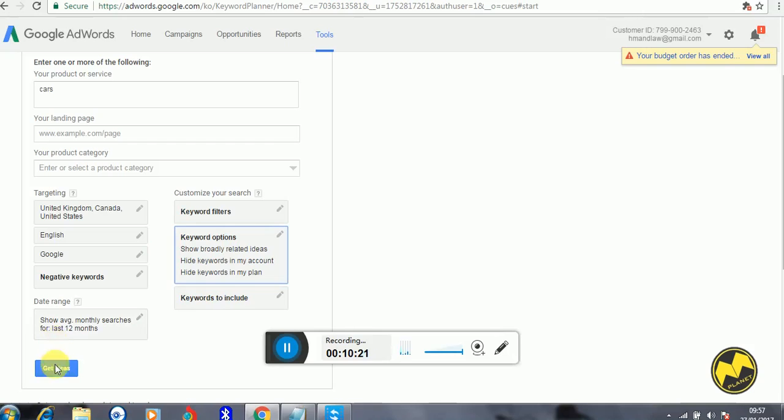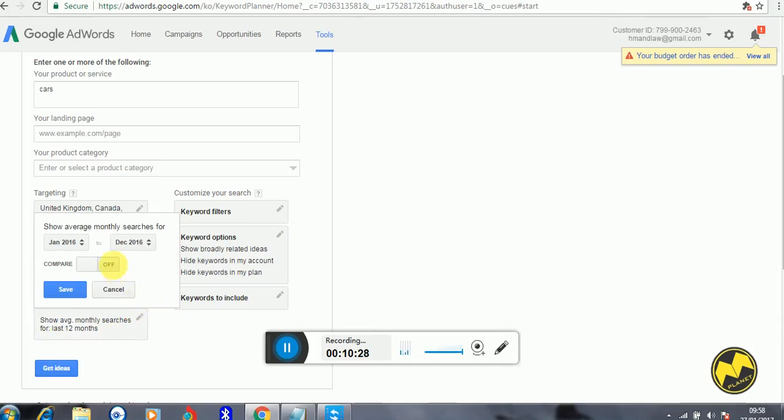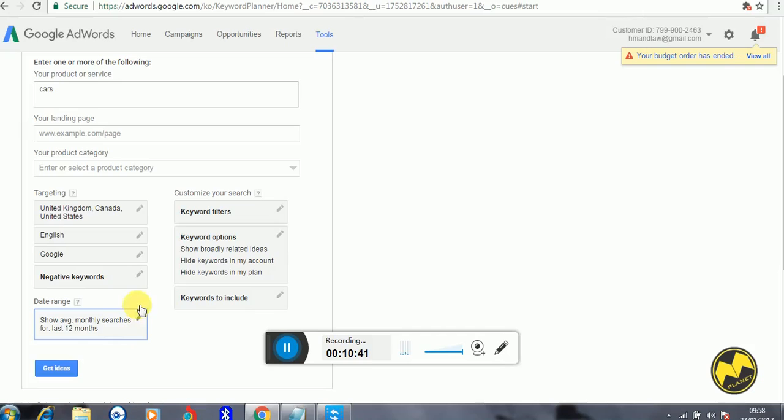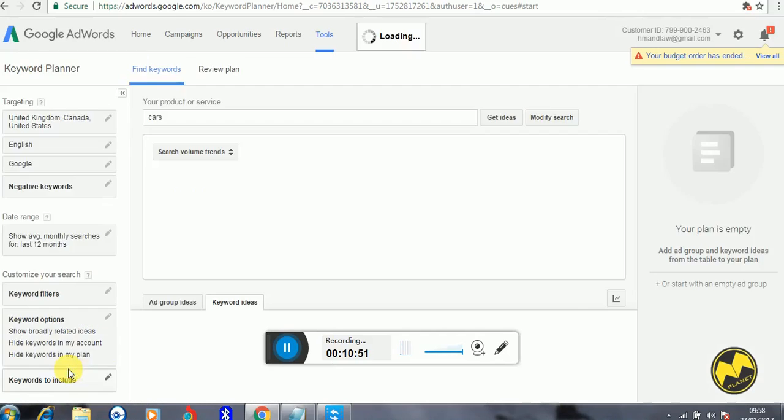Okay, so there is also the range at which this keyword is being searched for. So you can actually search for the monthly searches of this keyword, or annual, whatever way you like it. You can play with these tools also. And when you are satisfied with your specification, click on get ideas, and it's going to load, and it's going to bring out the